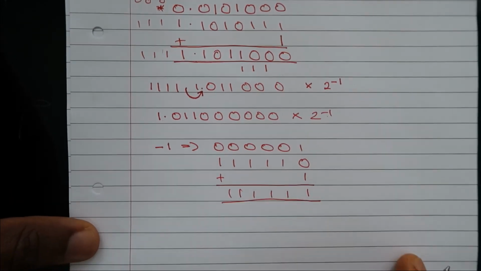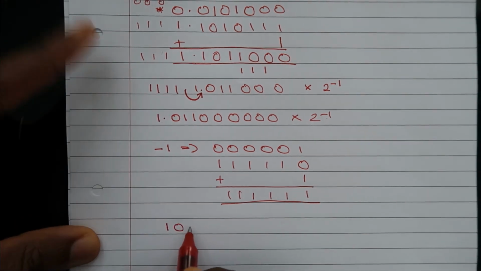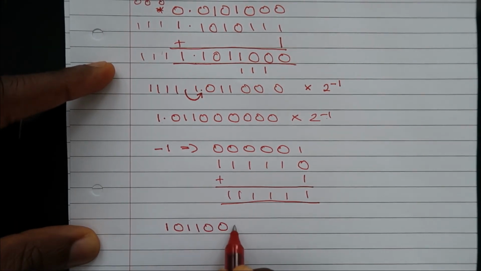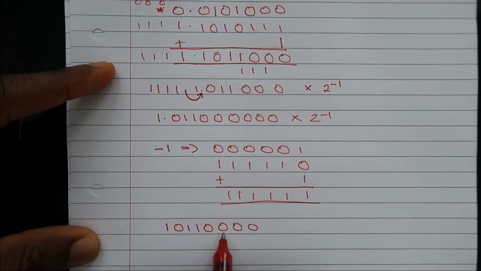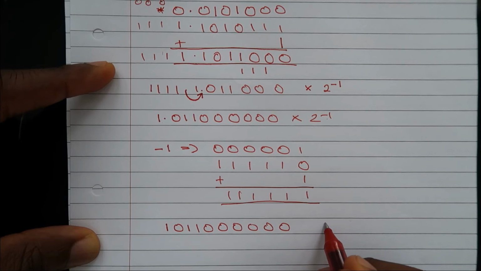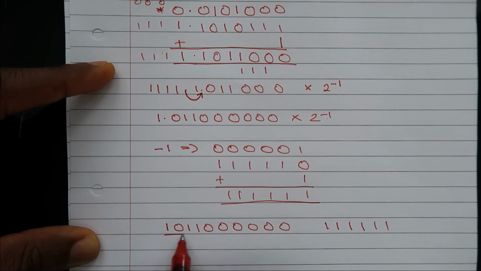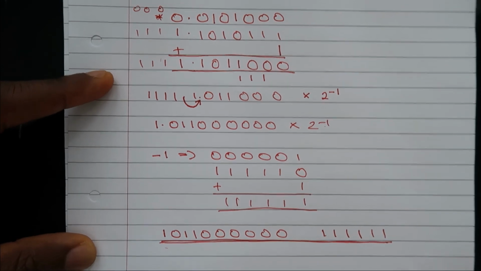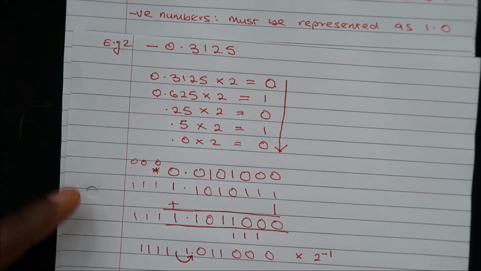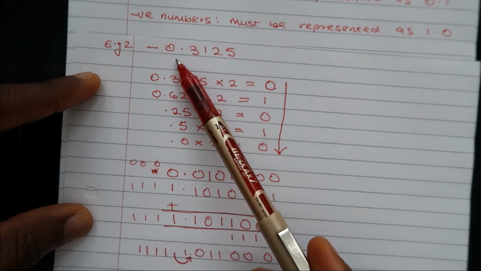So this means our final answer is 1, 0, 1, 1, 0, 0, 0, 0, 1, 2, 3, 4, 5, 6, 7, 8, 9, 10. So that's our mantissa, our 10-bit mantissa, and our 6-bit exponent is 1, 1, 1, 1, 1, 1. That's our final answer. Okay, so something to pay attention to is, first, learn how to convert your fractional numbers